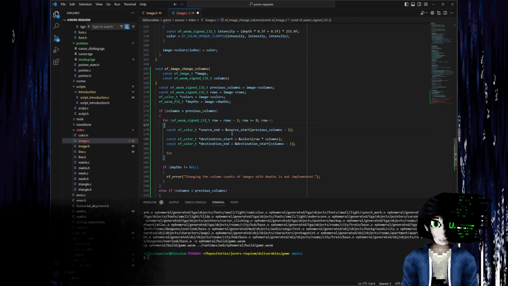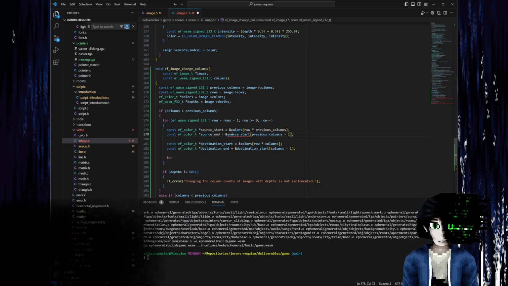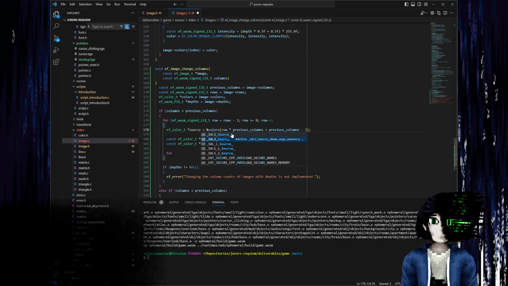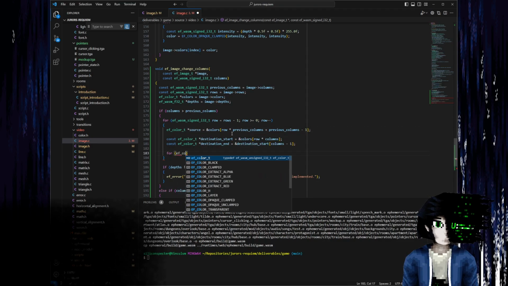So we actually need the end of there as well. And we can probably use this as an iterator instead. Oh, but we need to start to figure out where the end is. Okay, so